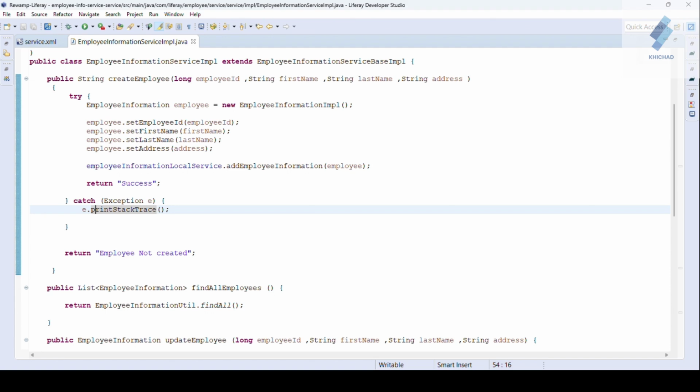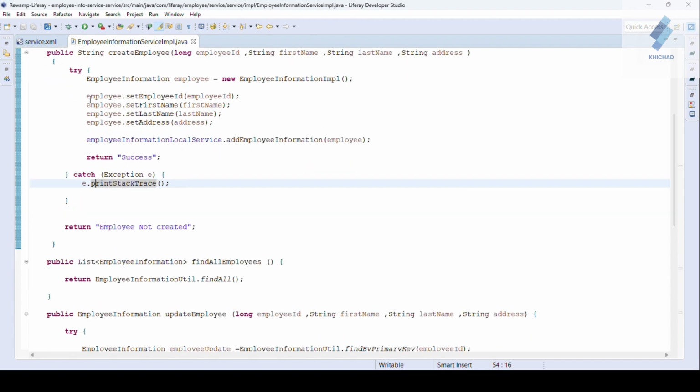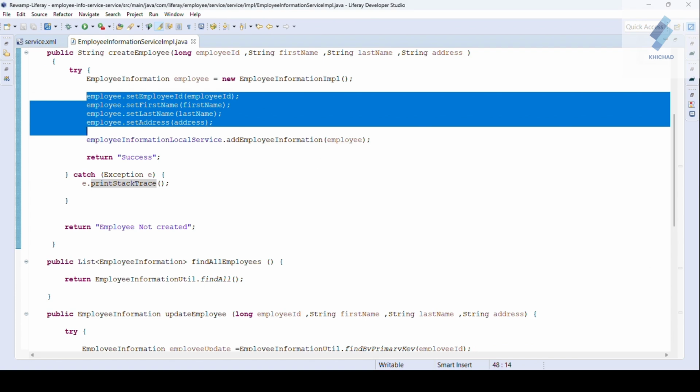We need the process of creating a new employee instance. The method is invoked to generate a fresh employee object, which is assigned to the variable newEmployee. After creating the employee object, we proceed to set the attributes. These methods allow us to populate the employee object with the relevant details provided as parameters to our method.